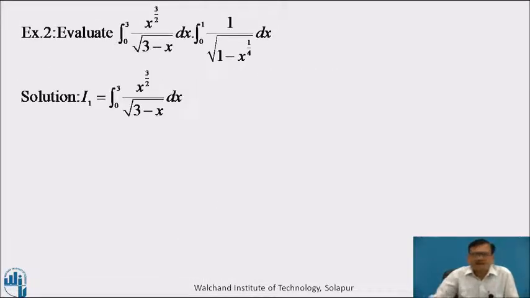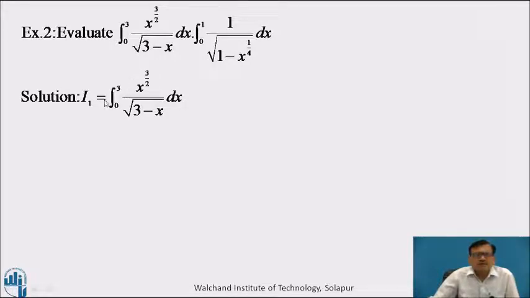Now we will solve one more example. Evaluate integration from 0 to 3 x raised to 3 by 2 divided by square root of 3 minus x dx, into integration from 0 to 1 upon square root of 1 minus x raised to 1 by 4 dx. Now here we have a product of two integrals, therefore we solve them separately and then we will take the